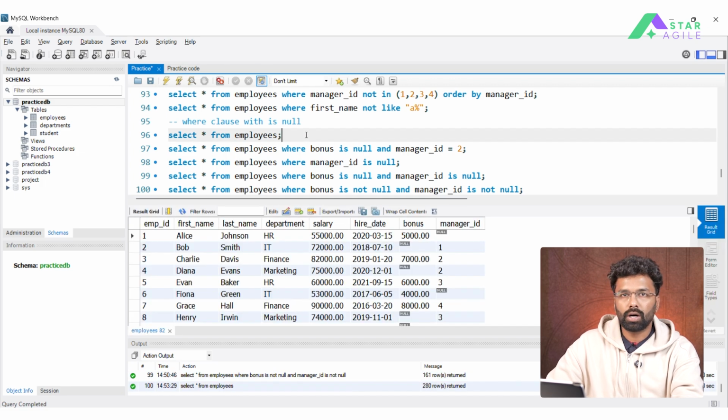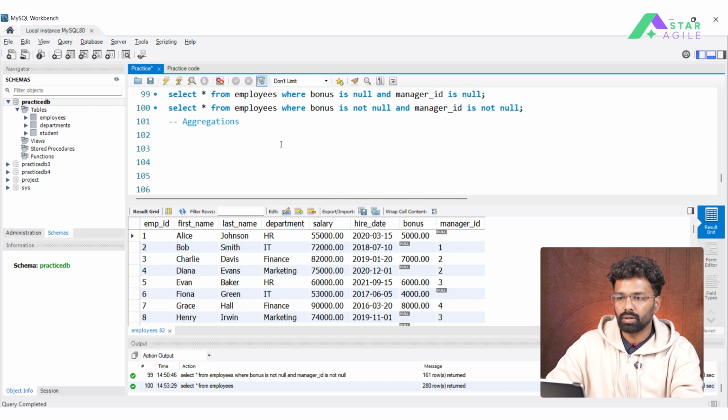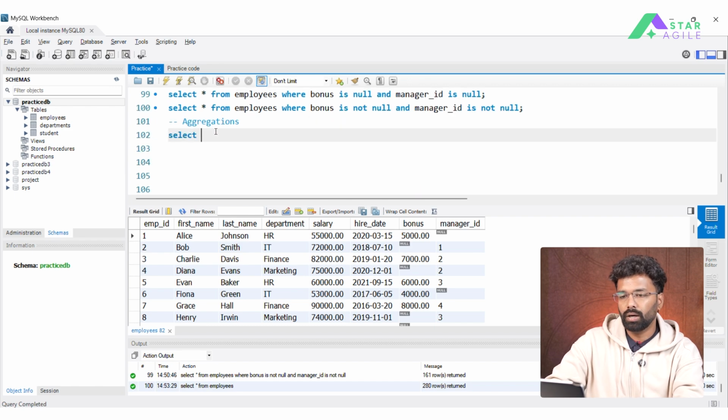I want to check a few particular values, guys, like what is the total money we are spending on salaries. Management also wants a final output of the total money they are spending on salaries. Then we can write the command select